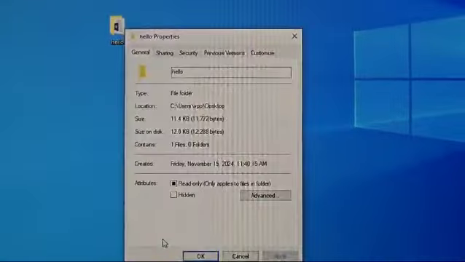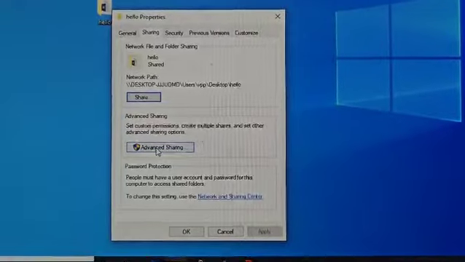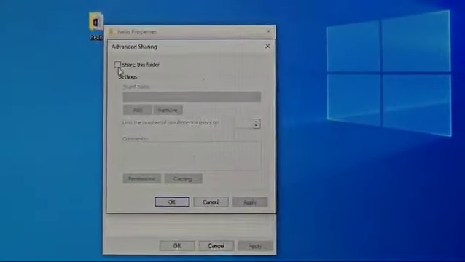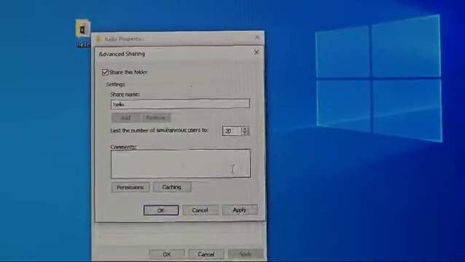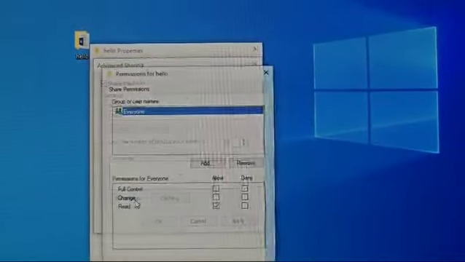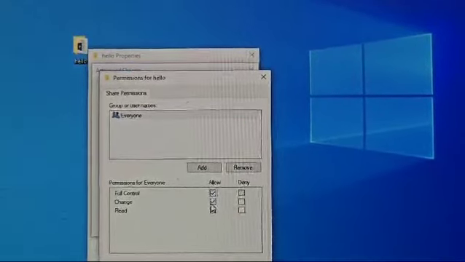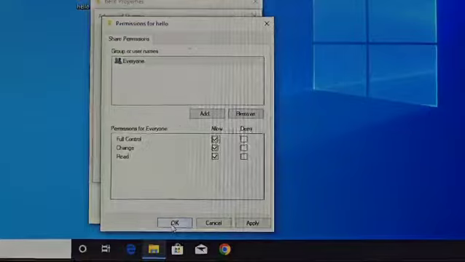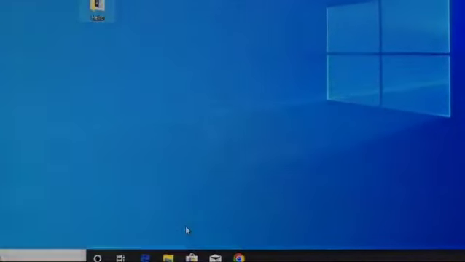Go to Properties, then go to Sharing, select Advanced Sharing. You have to share this folder so that the name of the folder will appear here. Then give the permissions, that is, we can give the permission not only to read but full control, and then we can say OK and close this file.